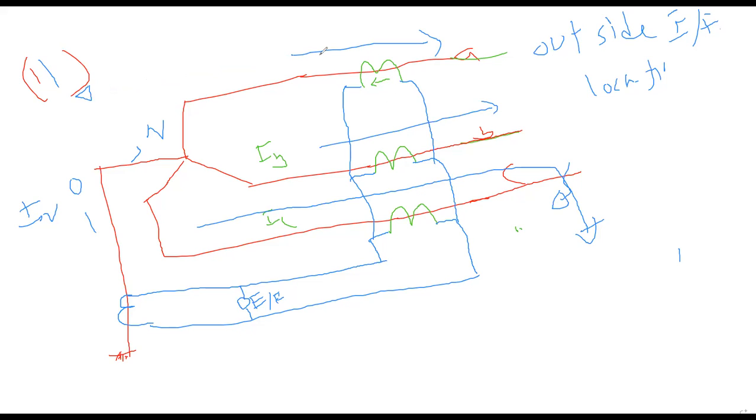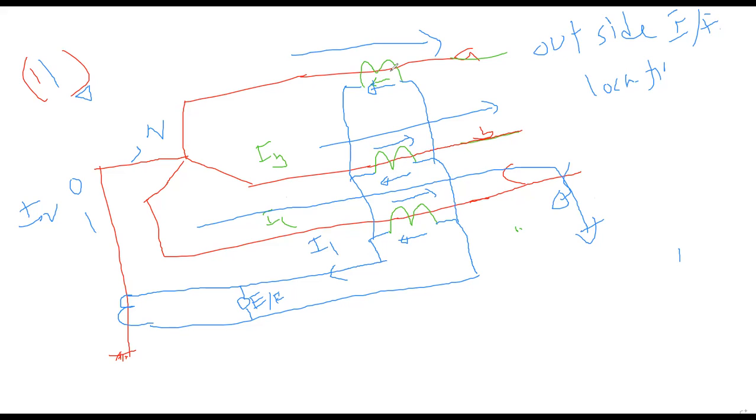Yes, sir. As the primary current is flowing from left to right, the secondary will be like this, right? Here also the primary is flowing in this way, so the secondary current will be in the opposite direction. Here also, the fault current is flowing this way. That means the primary current is flowing from left to right, so the secondary current will be right to left, right? So the resultant current in this way, let's consider, is I1.